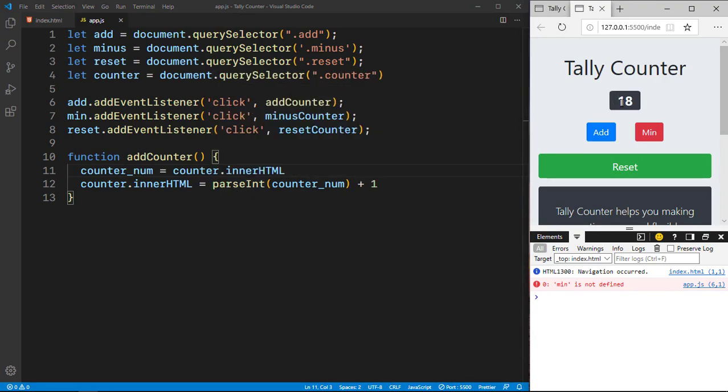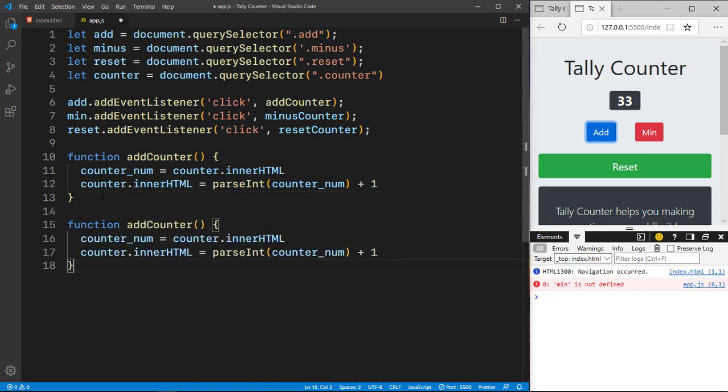So 0 plus 1 is 1, then 0 plus 1 plus 1 is 2, and something like that. So now it's 32. Once I click that, it's going to grab 32 and pass that 32 and add 1. So once I click add, it's going to be added by 1, which is 33. That's just a simple logic that you can get from that. It's pretty easy, and if you can do one thing, you can repeat that for the whole